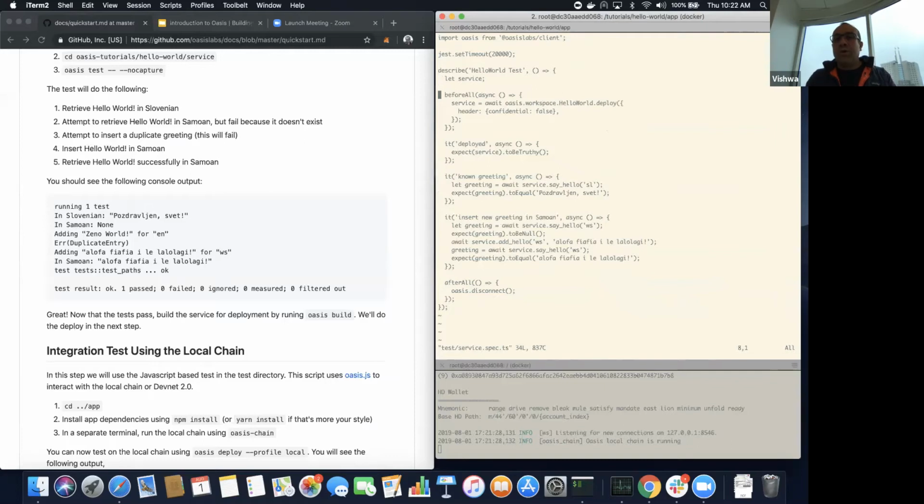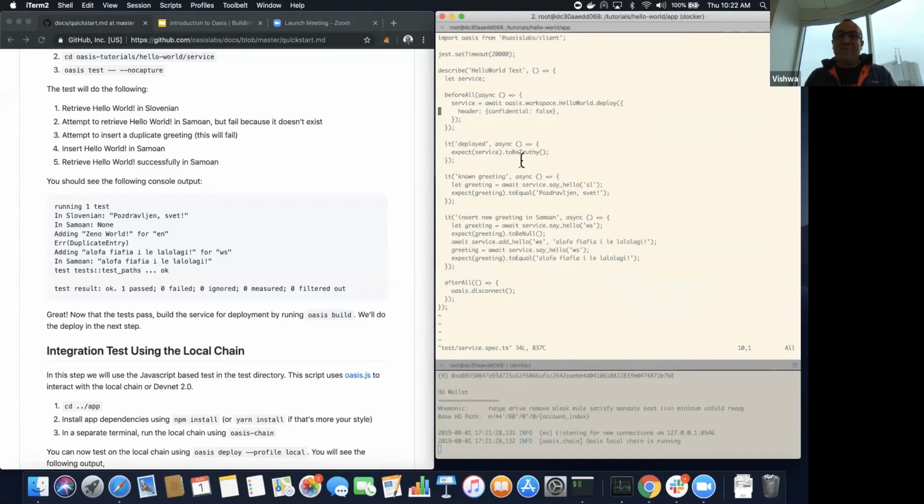test did before. But here you're going to be creating an instance of the service. We create a workspace automatically, and hello world is over there. So you create an instance of the service. You deploy it with confidentiality being false, because for this, we don't really expect confidentiality. We don't need it. And then for hello world, yeah.